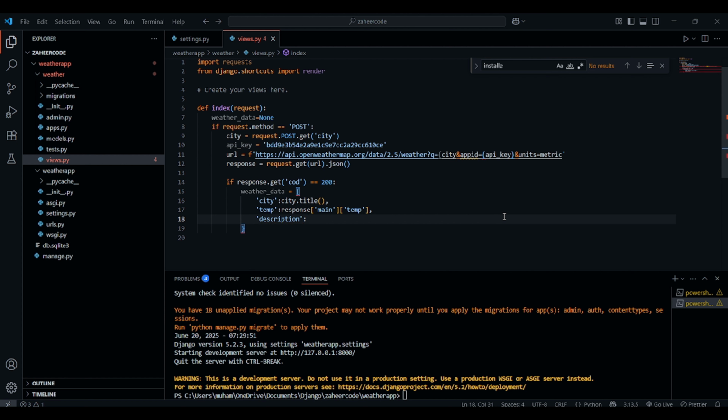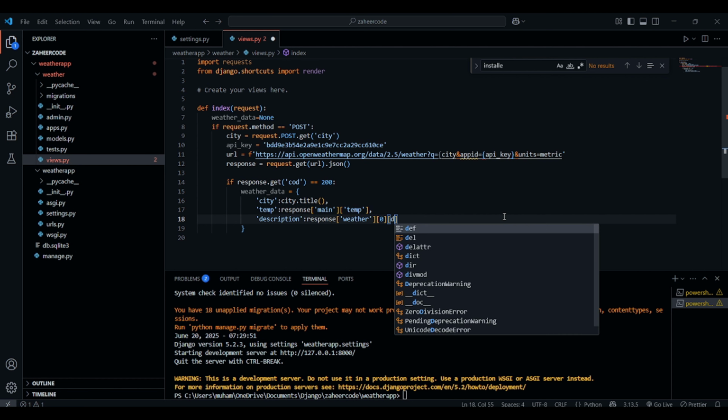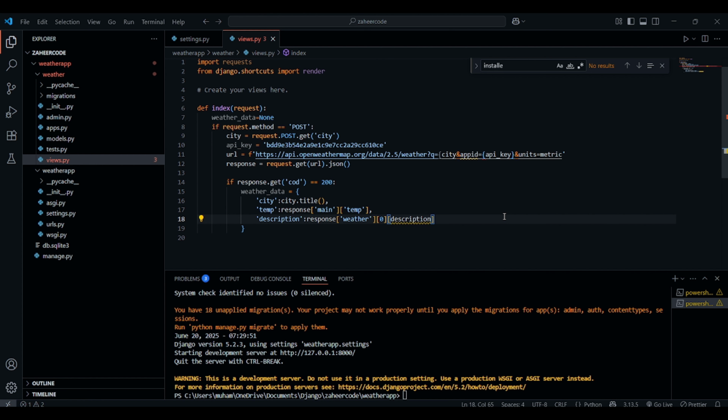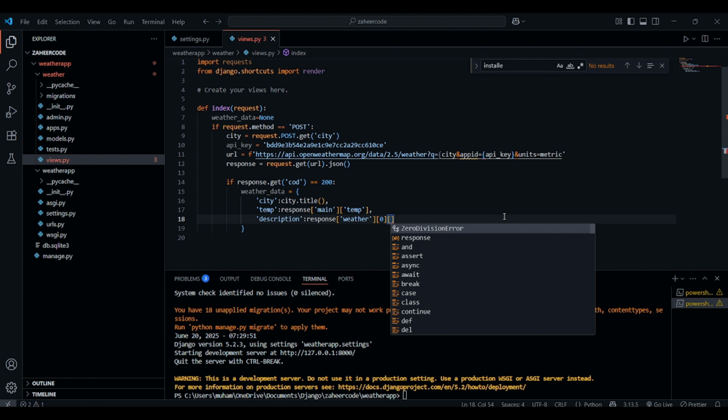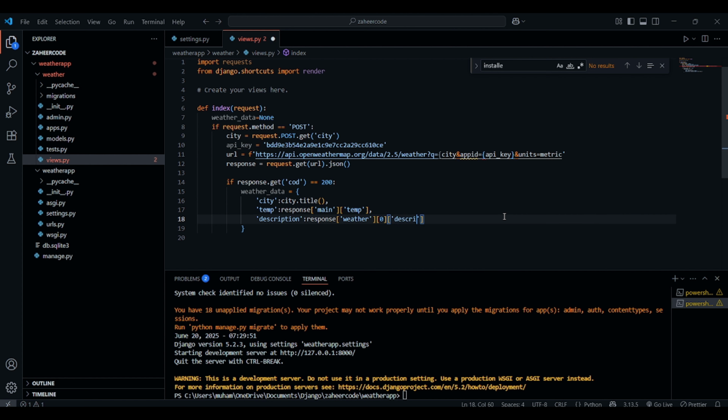City is the name submitted by the user. Dot title capitalizes the first letter of each word. Temperature gets the temperature in Celsius, because we added units metric in the API URL. It acts as the main section of the response and holds the temperature value. And the next one is the description. The weather key contains a list of weather conditions. We get the first item